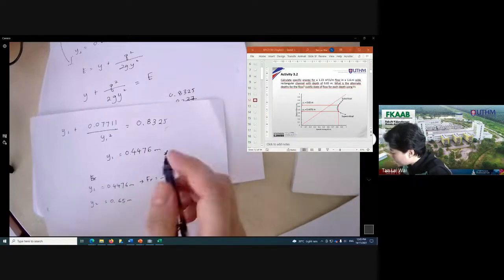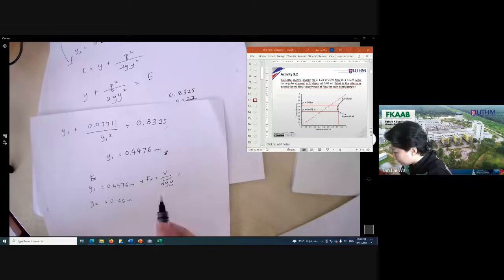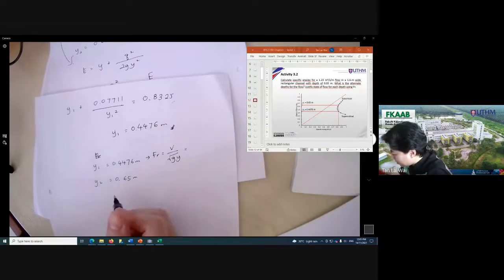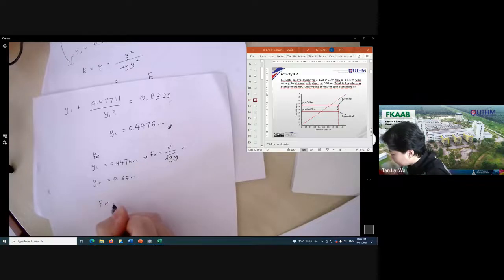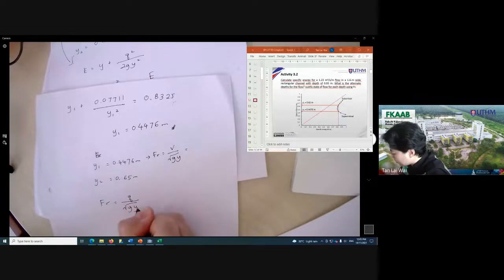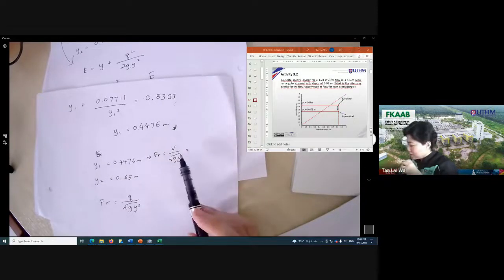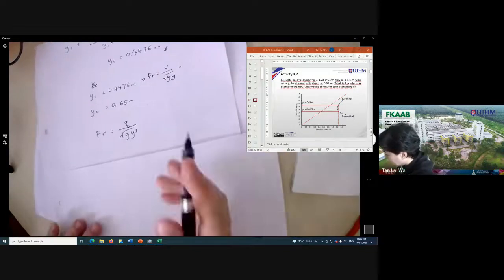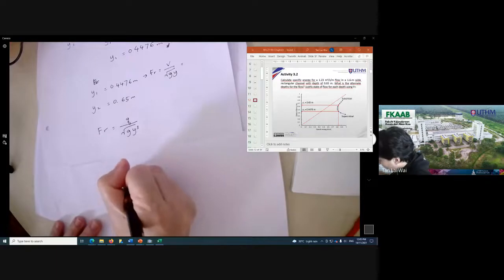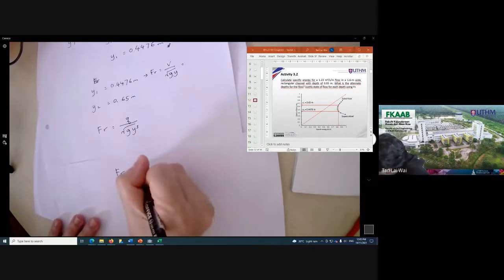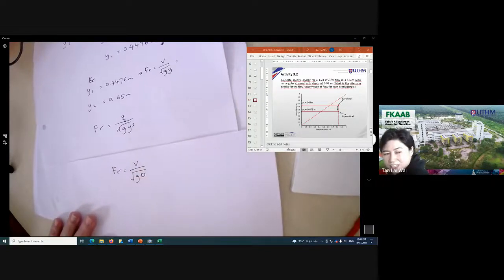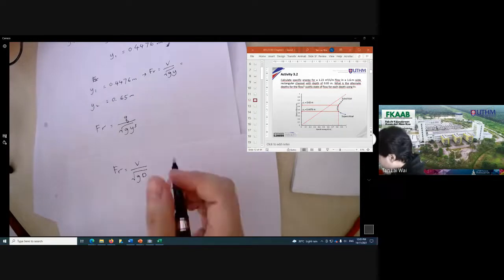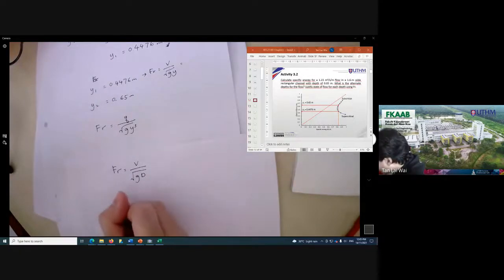Okay, so since you don't have velocity, what you can do is for each of these, you can get this, right? Let me show this to you, okay? Froude number is equal to V over square root of gD. You know that Froude is equal to V over square root of gD, right? The original formula, correct? So for rectangular channel,